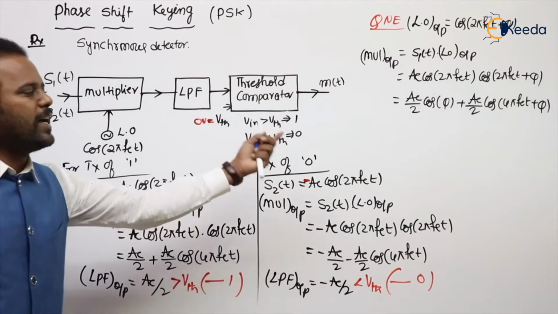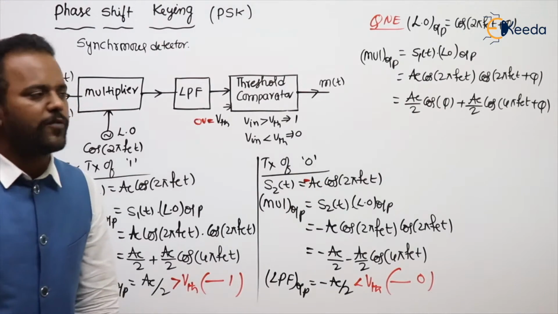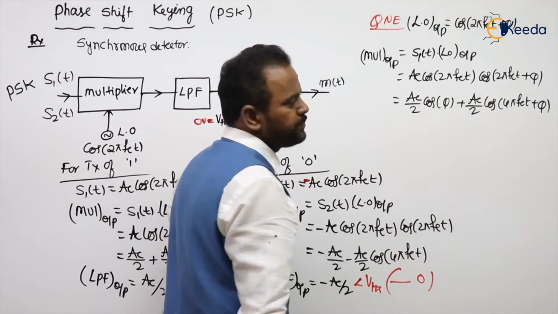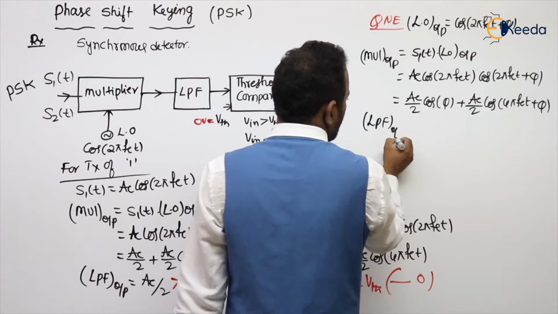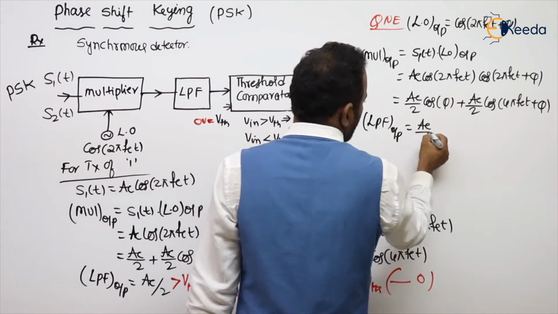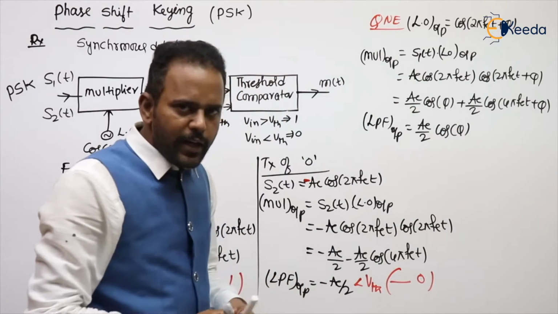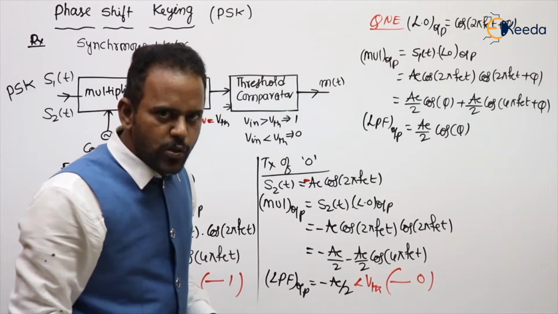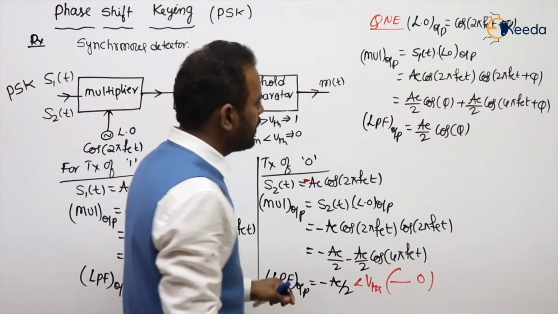If it is a minus, you take minus Ac/2 cos φ minus Ac/2 cos(4π fc t + φ). A plus B, A minus B, anything you can write, there is no problem in the additions. Then what is the LPF output? Which is nothing but Ac/2 into cos φ. So how much factor decrement here also? Cos φ factor in terms of voltage, cos squared φ in terms of power or energy.